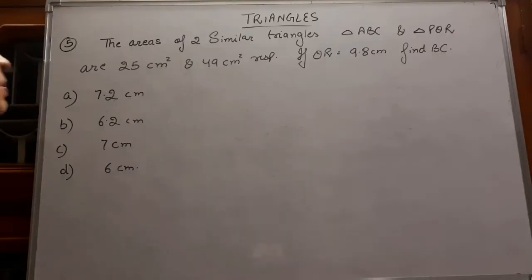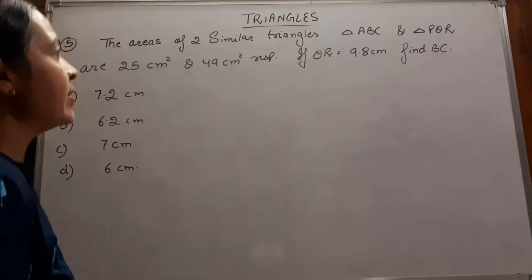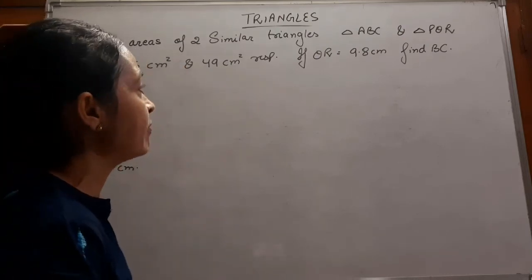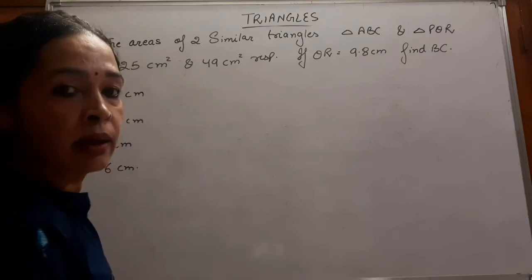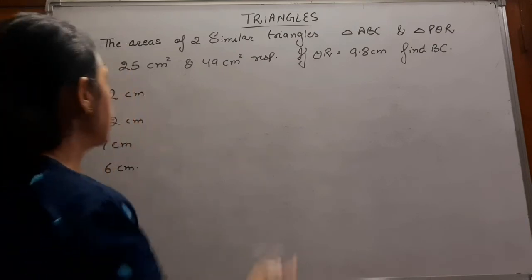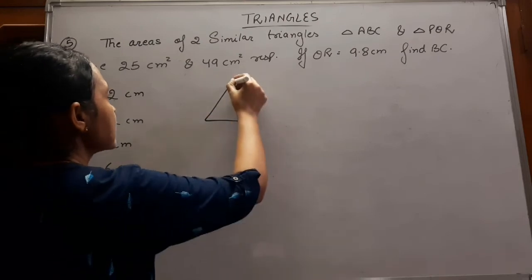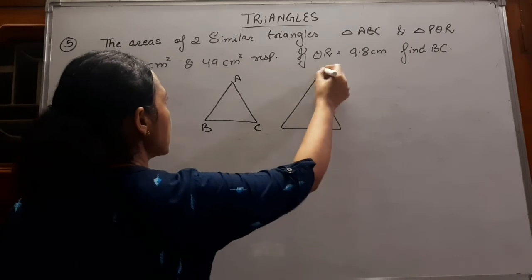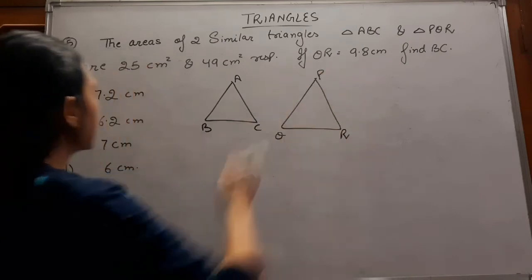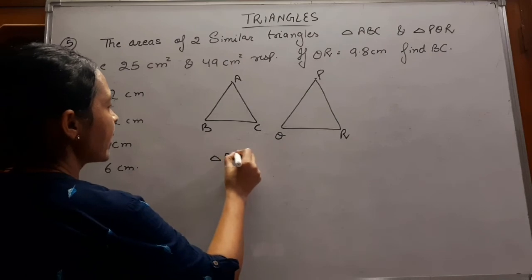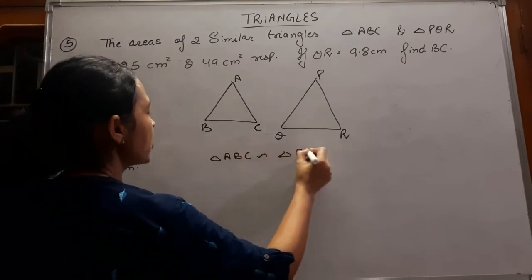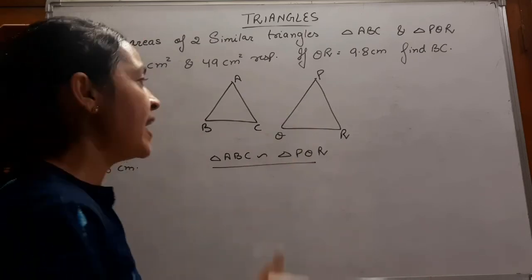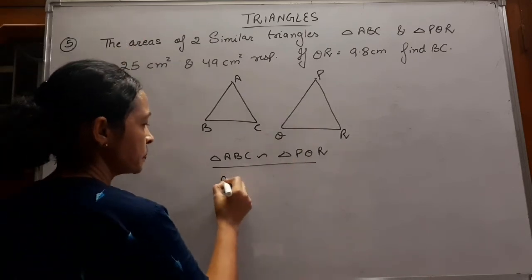The areas of two similar triangles, triangle ABC and triangle PQR, are 25 centimeters square and 49 centimeters square respectively. We are given QR and we have to find the value of BC. It is given that both these triangles are similar, triangle ABC is similar to triangle PQR. If the two triangles are similar, as per the area ratio theorem,